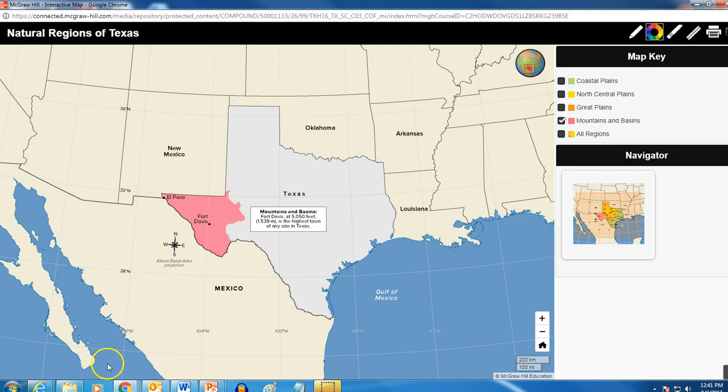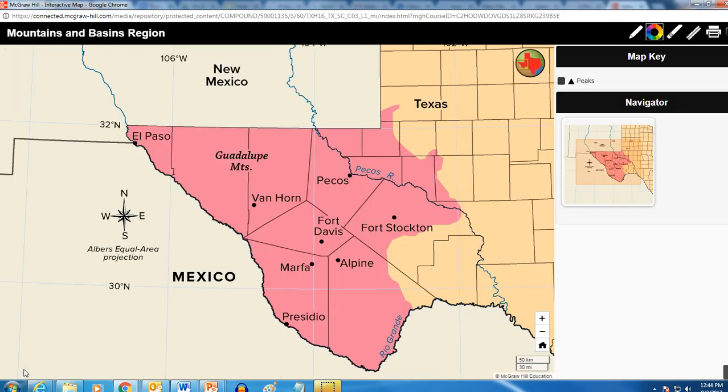Here's a slightly different look, and notice the two major cities, El Paso and Fort Davis. Again, this is in the west. It points west. See, it's pointing west. All right, now let's switch to this map where we can see some interesting features. One is you can see the mountain peaks and where they are. Mount Livermore is sort of in the middle of the region. And at the very north, you see the Guadalupe Peak and El Capitan. I'm not sure how to say that exactly. We'll look it up.